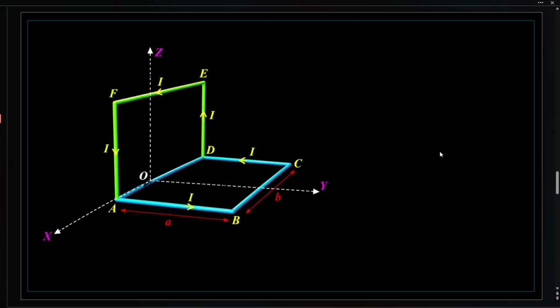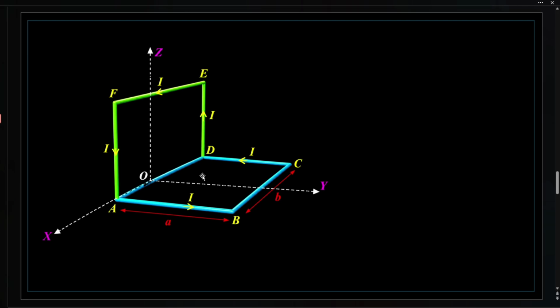So in the diagram we can see that two individual surfaces or loops are there. One is ABCD, and another one is DEFA. So these two are individual simple or plane surfaces. If one single such loop is given to you and you are asked to find the magnetic moment, that would